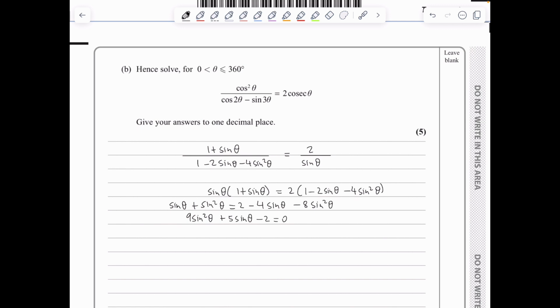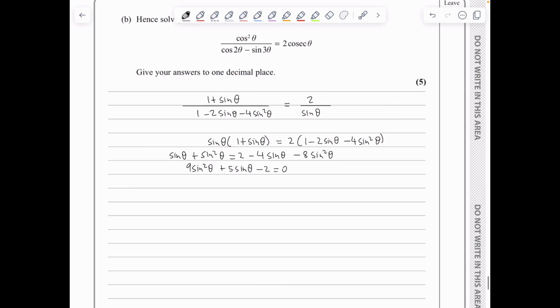We have obtained the quadratic in sine theta, so we've got that sine theta is minus b plus or minus the square root of b squared minus 4ac, all divided by 2a. So this gives answers of sine theta being equal to negative 5 plus root 97 over 18, which is